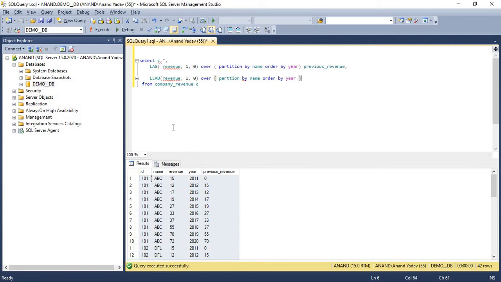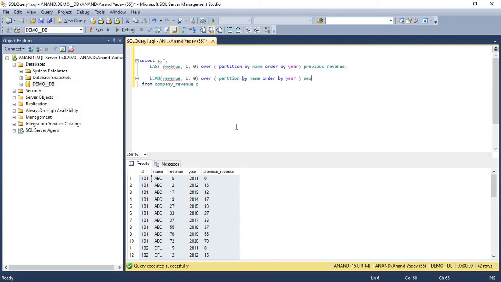By default the order by uses ascending order. If you wanted to see it in reverse order, you can provide the descending keyword here. Then, instead of going 2011, 2012, it will go to the last year 2020 and do the sorting in reverse order.